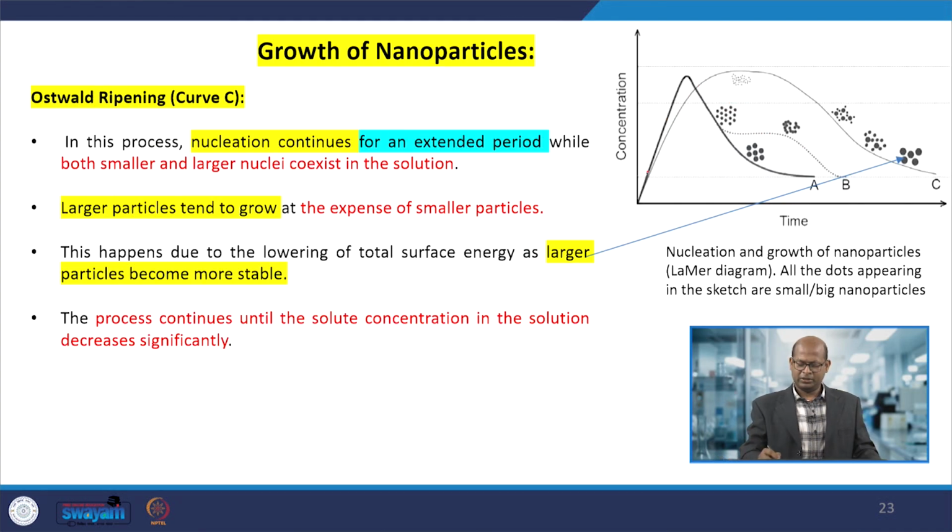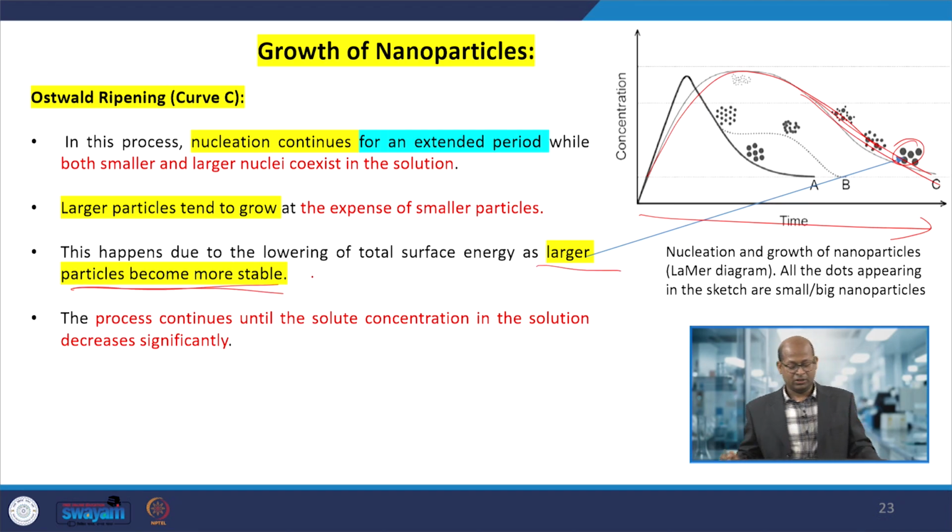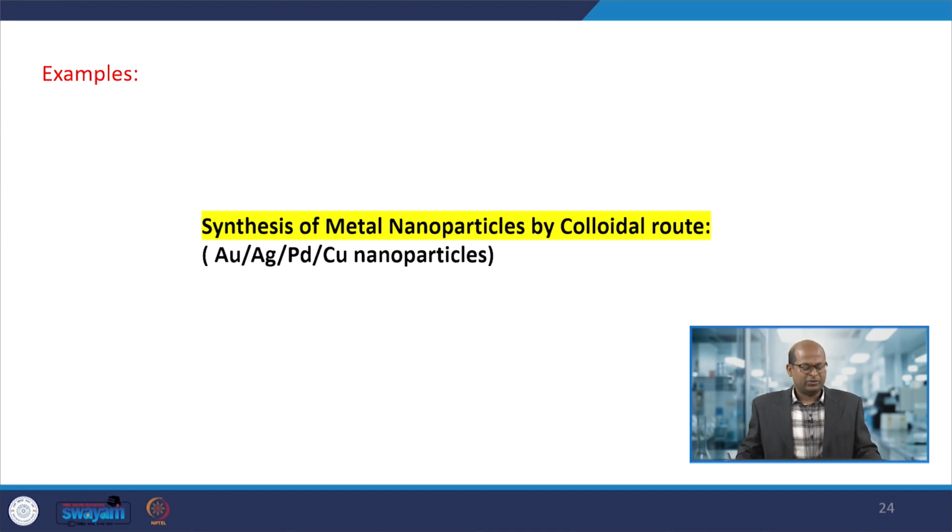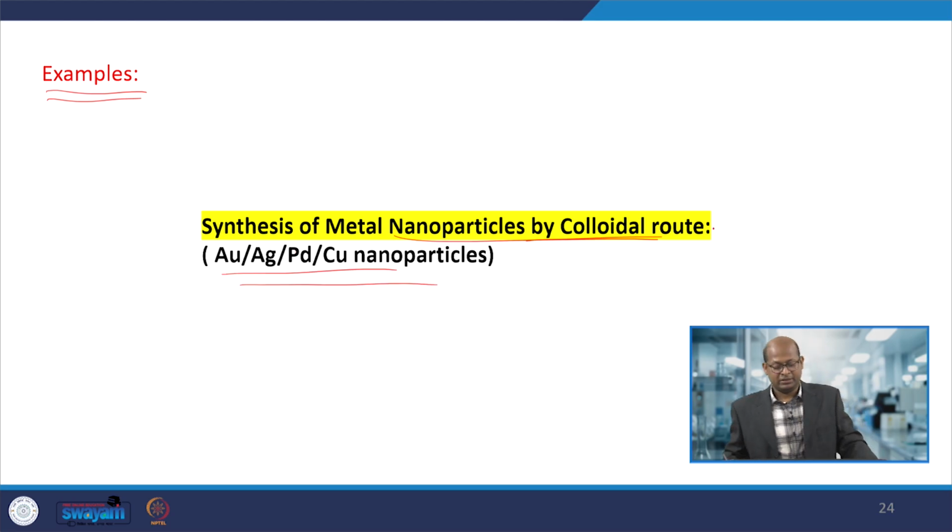Another one is an extremely slow process, where nucleation and growth is very extensive and takes a long period of time for the growth of the nanoparticles. In this case, there is a possibility of larger particle formation. Okay. So now a few examples will show how different types of nanomaterials we can synthesize by colloidal routes: